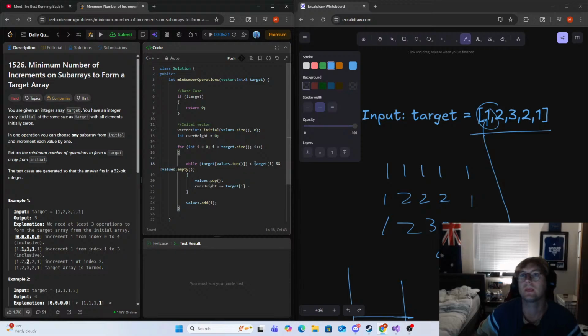Because maybe we might have all these values, right? Like we might have a bunch of these values, like we could be looking at this value here, but then I guess we're looking at every value that's greater than though, so maybe it would work. Target I minus